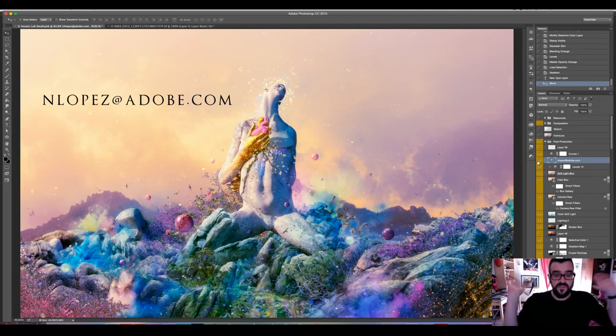So I just start throwing stuff onto the canvas until I start to see a pattern, and I think, oh well, this is what I want to say, and then I start to refine everything and build the story. But when I'm working for clients, obviously I have to do brainstorming and sketching, send it to them and get the approval, because I build complex compositions like this, and otherwise I would need to go back and forth.